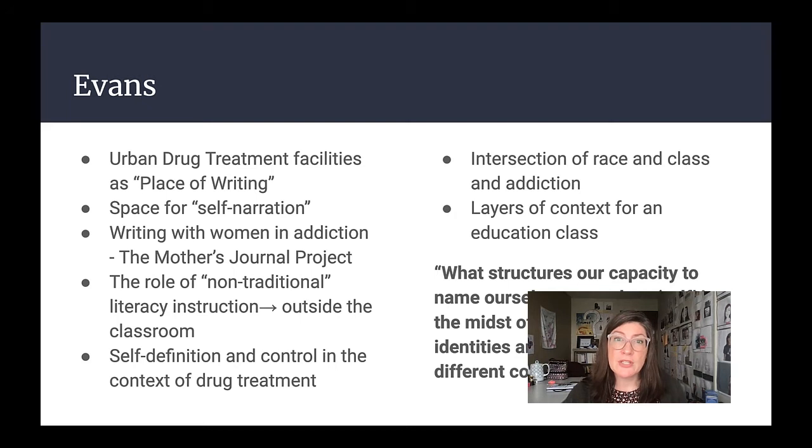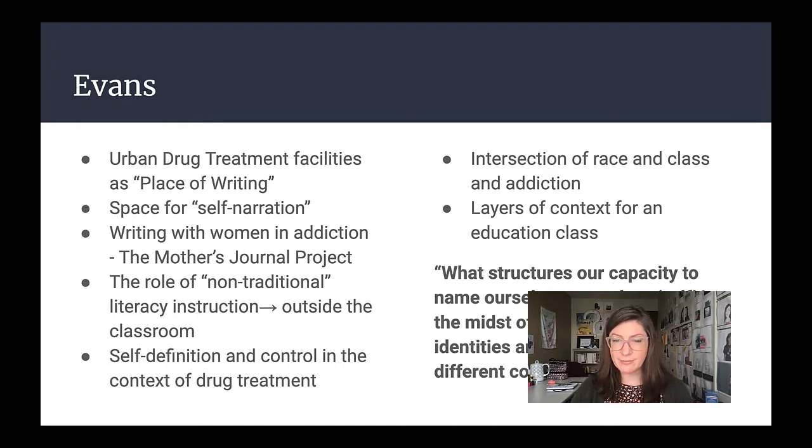She talks about self-definition and efficacy. I keep using that word because efficacy sort of alludes to both self-definition, a sense of autonomy and authority over one's self, and production or creation. But she has to be really careful and layer that intersectionally with issues of race and class and addiction and all of the assumptions that go along with those buzzwords, which are all present physically in this space where she's